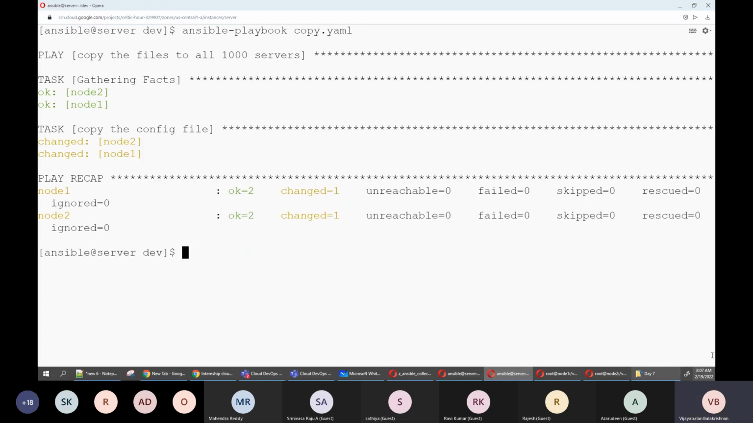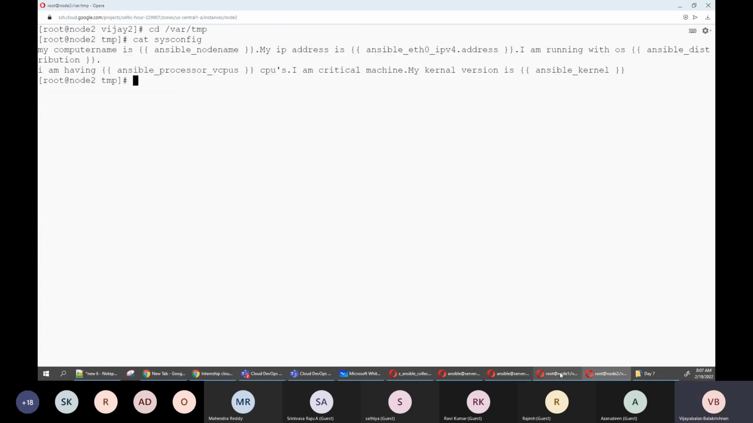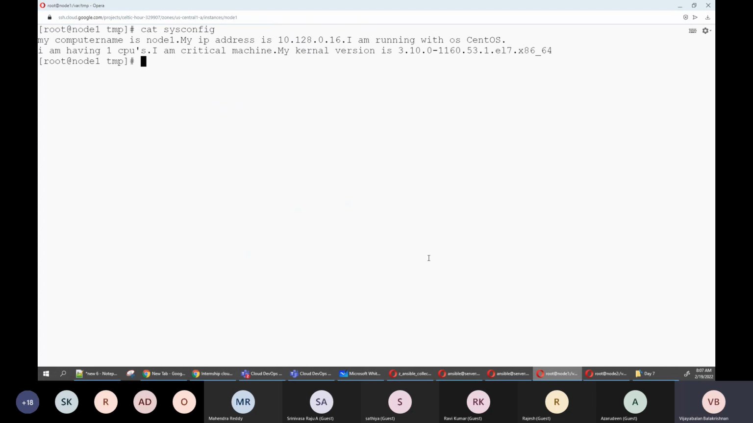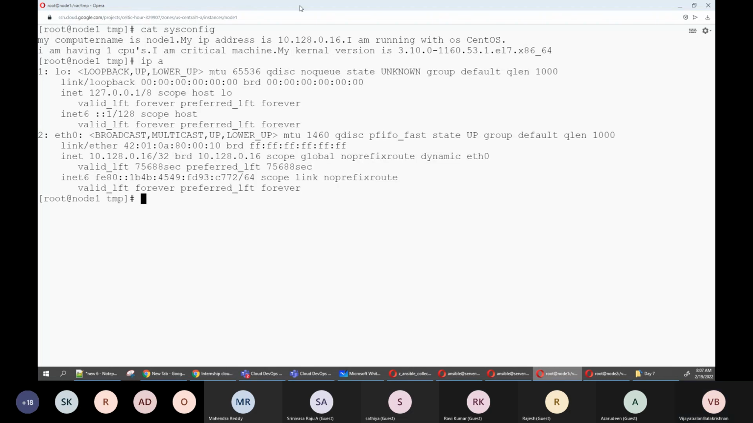Okay, so now I can go to node 1 first. I can go and check the sysconfig. See here. Are you able to see, and can you confirm in the chat? My computer name is node 1. We are in node 1. My IP address is, can you see,